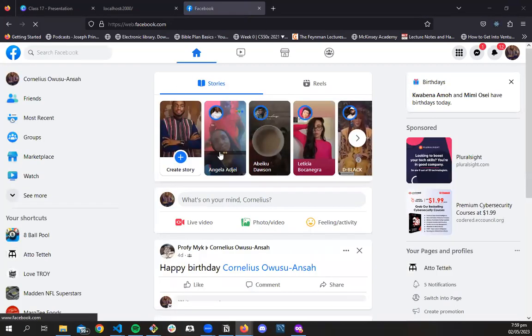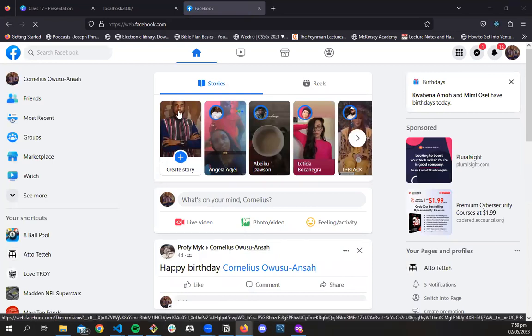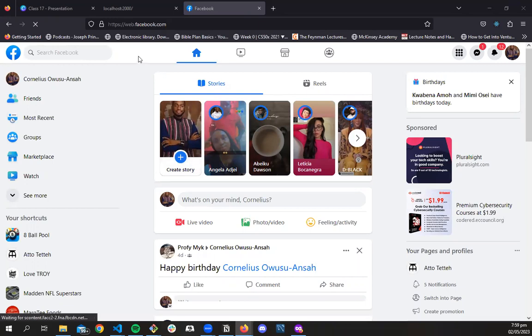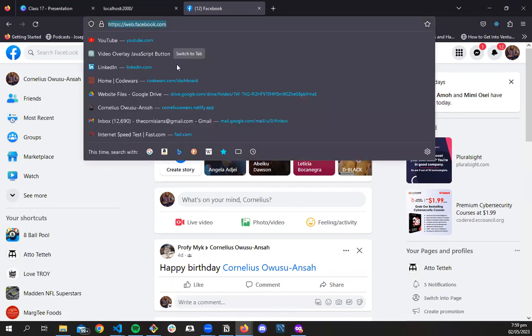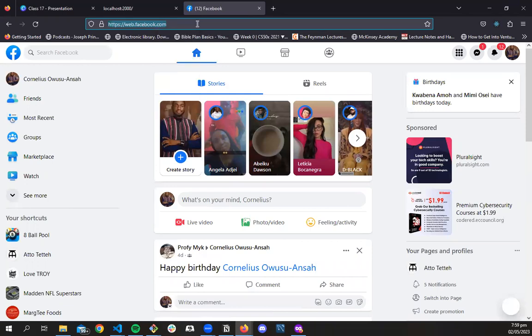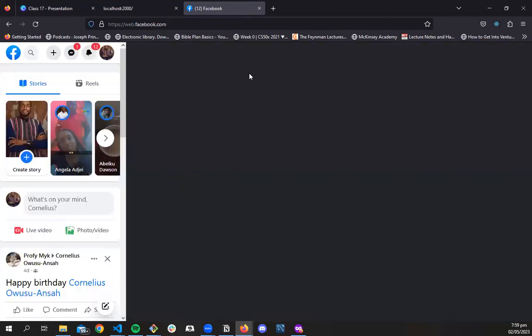Okay, so you see when I load Facebook, by default, because I was already logged in, it logged me inside directly. Now, what is happening is that when you go onto a website, first of all, it'll check if you're already logged in, then it'll just log you in. It'll just redirect. So if we go into our headers, if I go into my network tab,